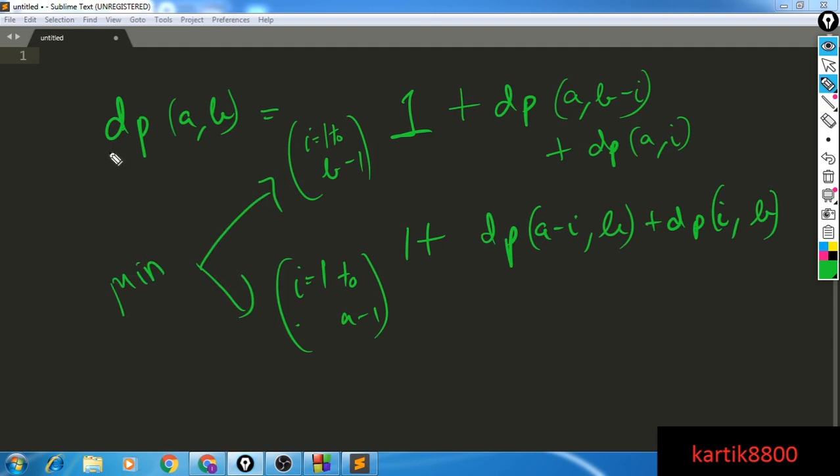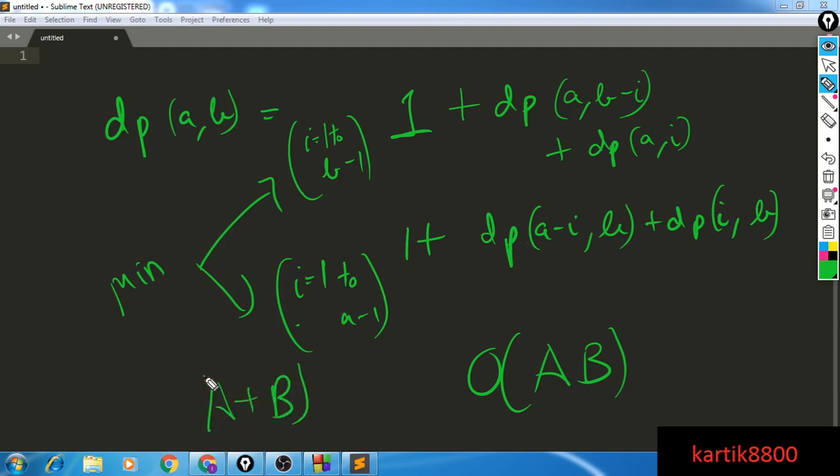And guys, that's all. Let me discuss the space and time complexities here. Space complexity will be a into b, the dimensions of the input rectangle. However, what about the overall time complexity? Will that also be big O of a into b? No, that will not be, since I'm also making cuts here. For every state, my dp depends upon a plus b other states.